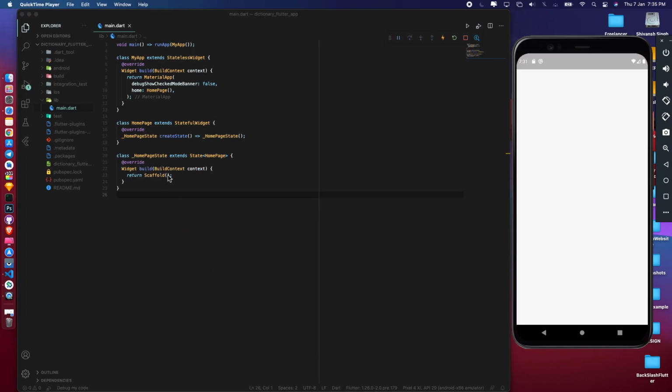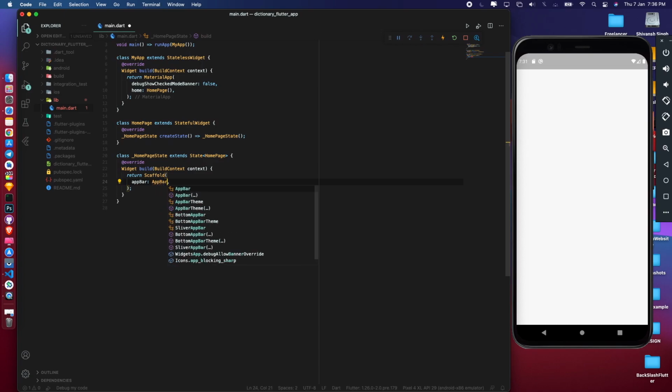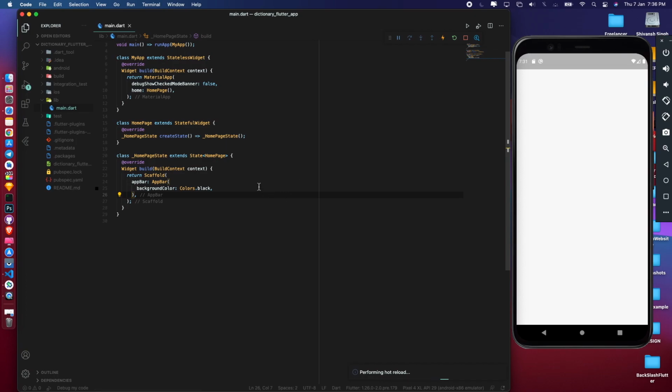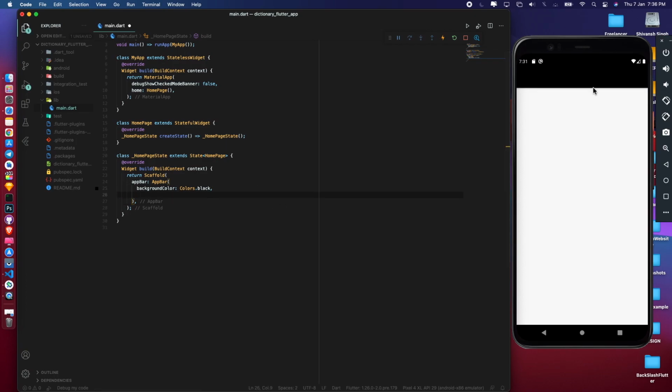So before doing anything else, let me run the application first. Okay, so we got our application run and you can see a blank screen here. Now let's get our app bar designed. So we'll write appBar, and here I will select the background color for the app bar, that will be Colors.black. But after that I will write the dictionary text as a title for